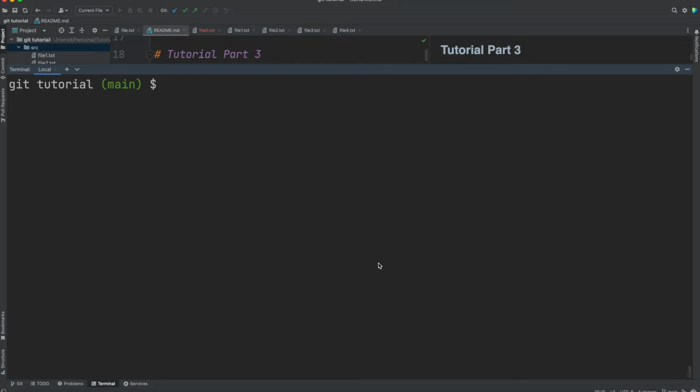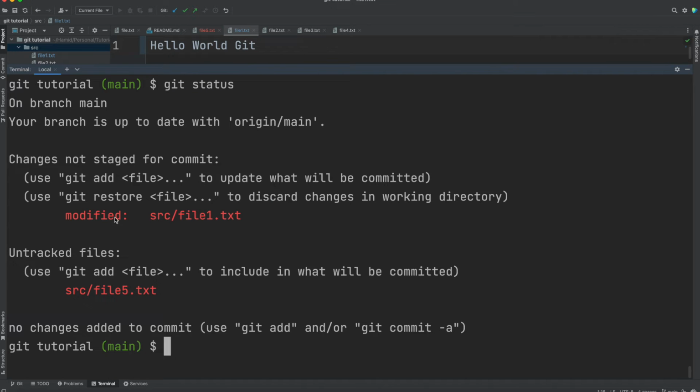So for example, we commit something. Let me make some changes to this file, maybe world git. So I make the change to file 1 that we had inside of our source folder. If I do git status, you'll see that we have modified this, and also we had this new file that we added. So I can just commit this